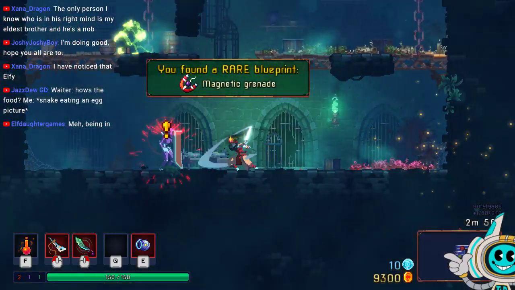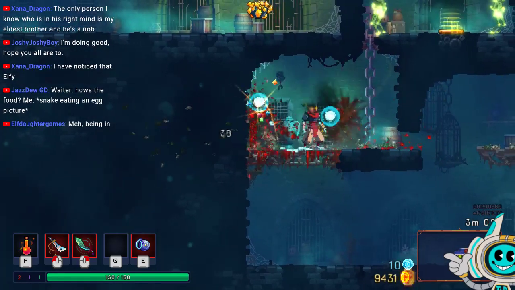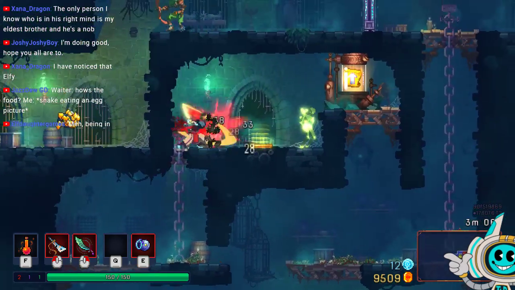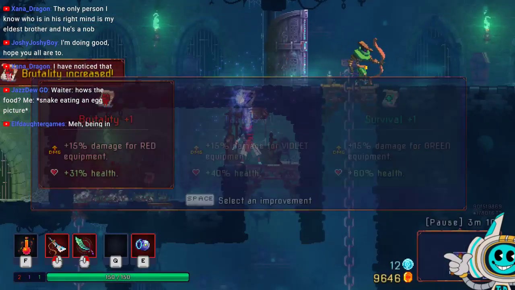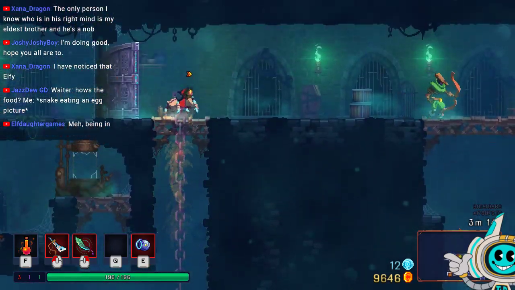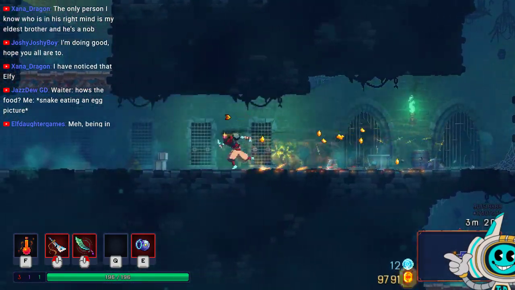Ooh, magnetic grenade. I like. Okay, I don't know if this is intended, but these two swords at the same time are kind of entertaining. Full brutality build. Screw it. We're going double sword. I did not think about this as a... Wow. It doesn't work every time I push the button, but...